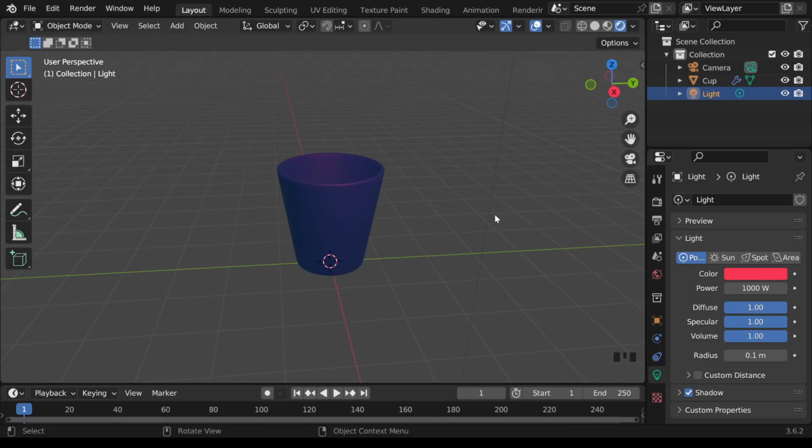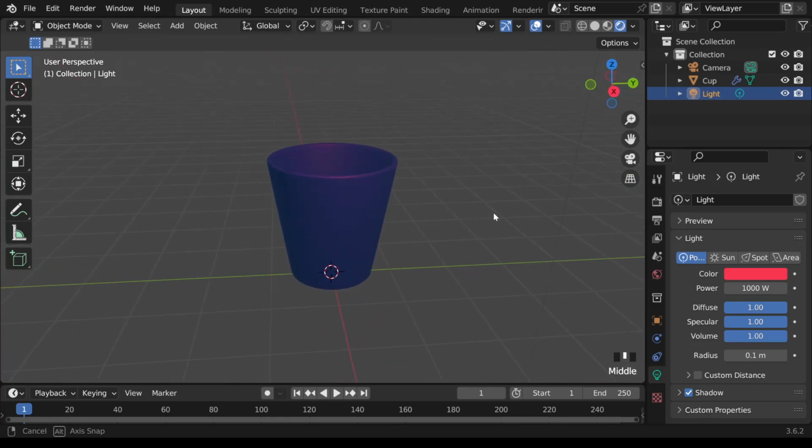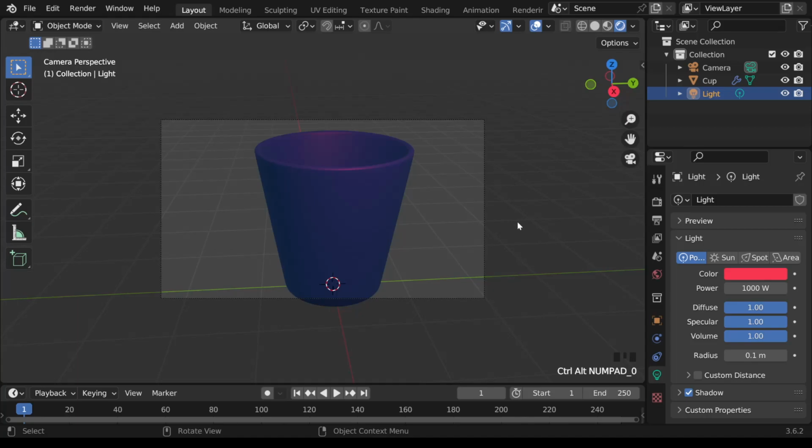Now you say, okay, I want to see what this will look like when it's rendered. A simple way to get the camera to the location that we want is Control-Alt-0. Once you get the cup at the angle and closeness that you want to see, hit Control-Alt-0. And now that shows us what it'll look like with this box around it, what the camera sees, what it will render like. And what we want to do is, rather than make this a rectangle, we're going to make